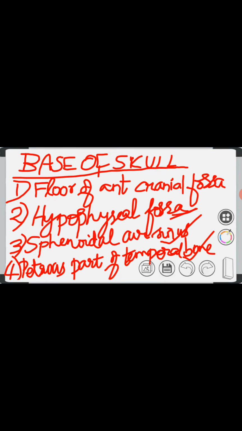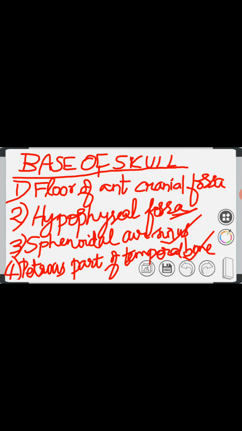Within the shadow produced by this petrous part of the temporal bone, there are two dark areas which represent the external acoustic meatuses of the two sides. Each shadow lies immediately behind the head of the mandible of the same side. Similar dark shadows of the internal acoustic meatuses are also seen. The posterior part of the dense shadow merges with the mastoid air cells, producing a honeycomb appearance. So these are all the features which are seen in the base of the skull.